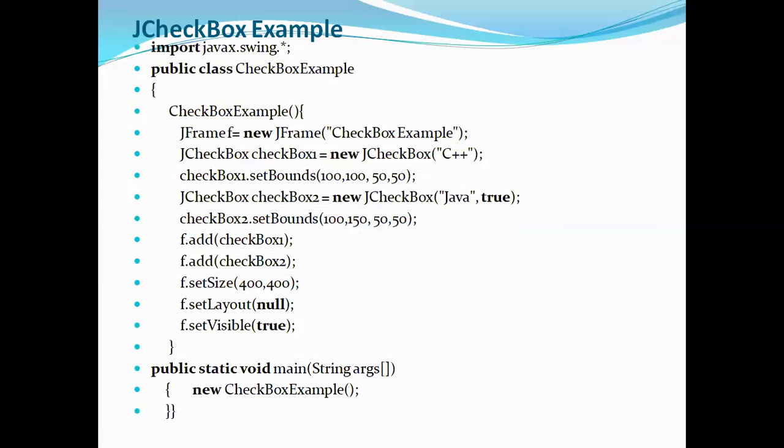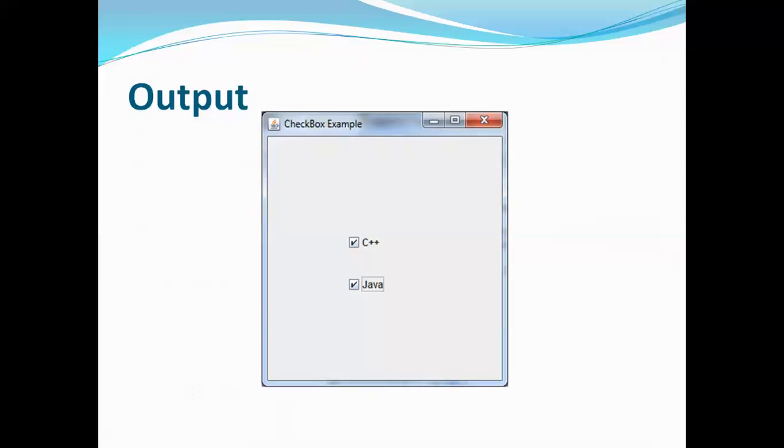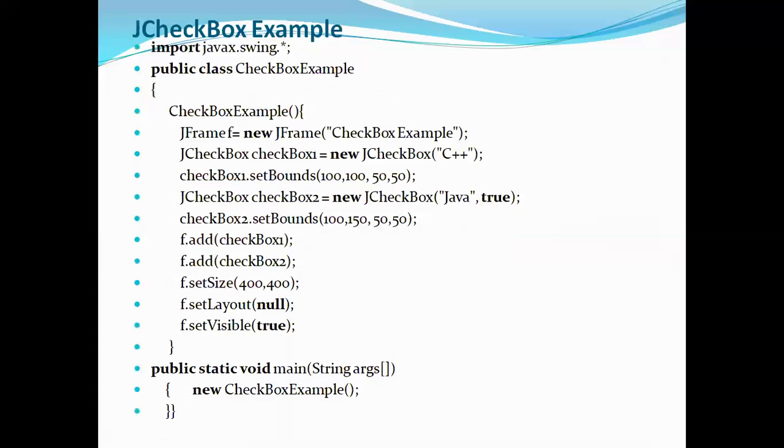Now let's see the next one, that is JCheckBox. What JCheckBox means is, we have seen the checkbox in AWT. Here we call it JCheckBox. Like we have seen, we'll have two options, and you click based on your selection. Suppose I want to click both C++ and Java, you can click both. So this is like an options kind of thing. These checkboxes are included in the frame. Now for that, let's see one example. First of all, again, I've imported the same package.